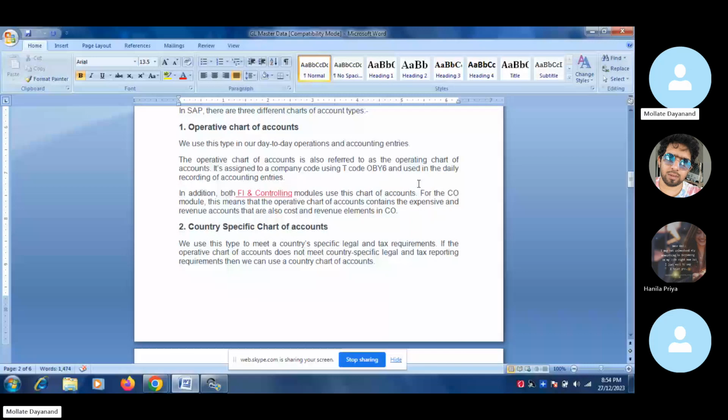Okay. Country specific chart of accounts: we use this type to meet country specific requirements. The company, we are in India, so we use the legal entity and we have to follow the tax procedure of the country, based on which we can generate the report and determine what tax is payable to the government. So if the operating chart of accounts does not meet country specific legal and tax reporting requirements, then we can use